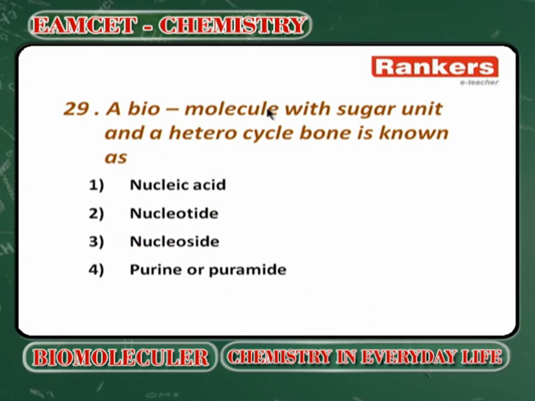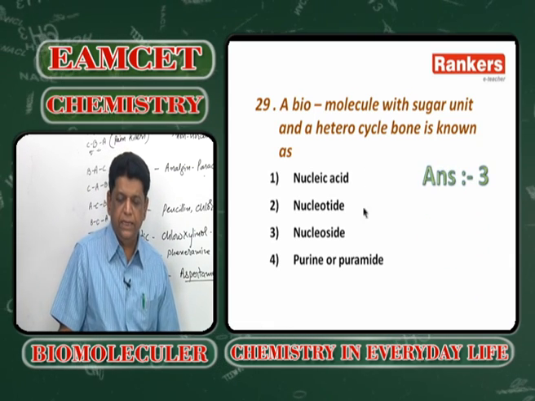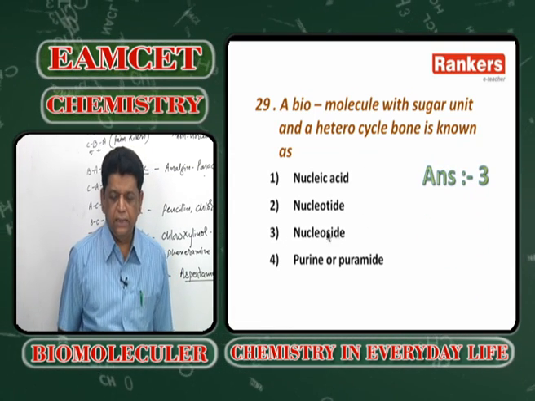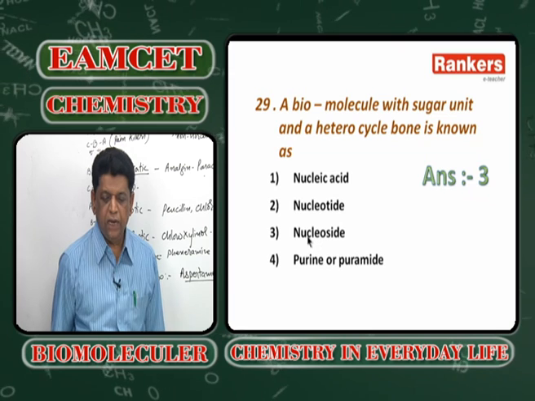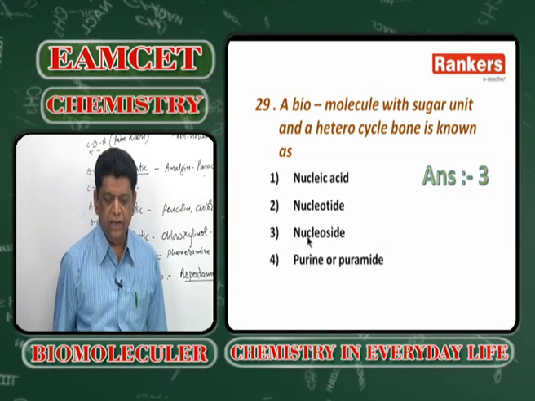a biomolecule with a sugar unit and a heterocyclic base is called a nucleoside. Answer 3 is the right answer. If phosphate is there, it is called a nucleotide. If it is polymerized, you will get a nucleic acid, right? Now, next,